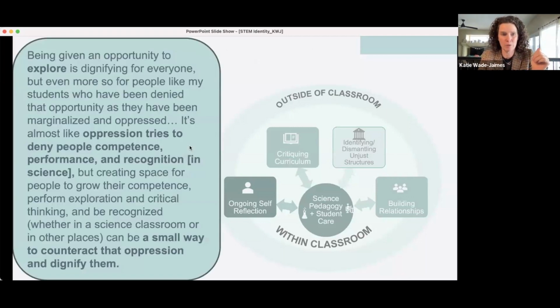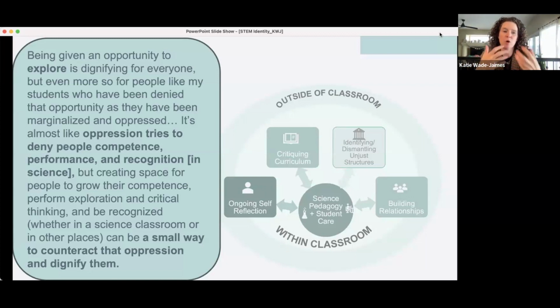So now I'm going to show you a couple of examples, and I'm going to start with one of our teachers who taught in what was called a newcomer school. Most of her students had been in the country for less than a year. They were still learning English, so they had strong fluency in a different language, all kinds of different languages. And a lot of them had come to the United States as refugees, asylum seekers, so they had left a situation that was oppressive and dangerous for them and came here, a lot of times with the goal of gaining a good education, right?